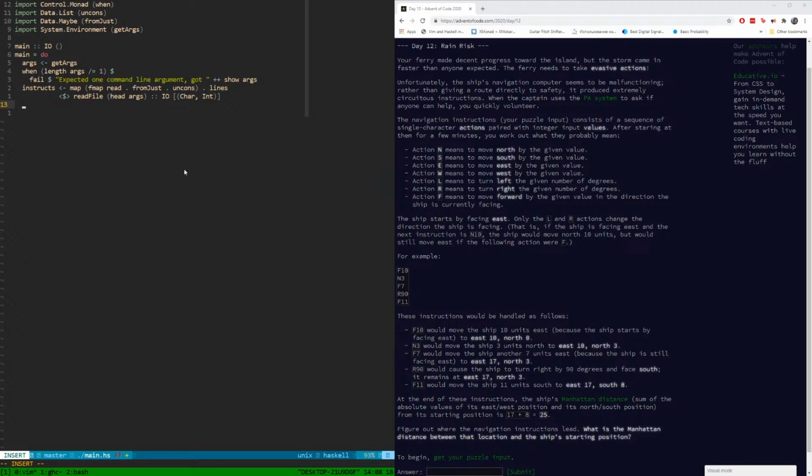Can the number of degrees be something where we need to use cosine and sine too? I don't think they do this. I believe the number of degrees would be divisible by 90. Okay, so yeah, we've got instructs. So what we need to do is a fold, right? Yes, through instructs, and